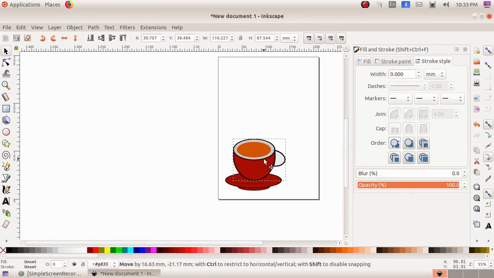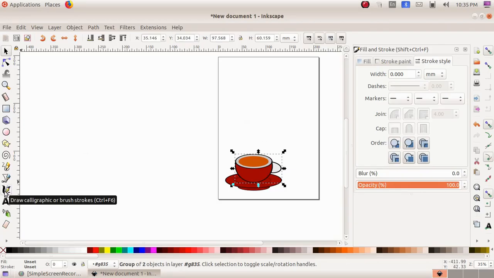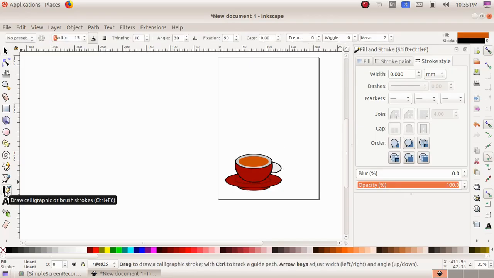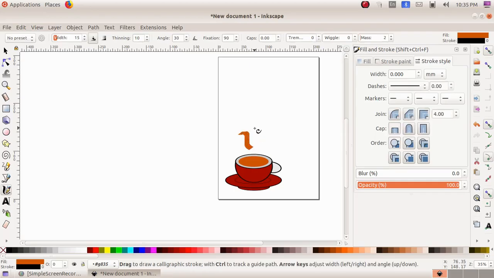So now I am placing this cup here. If you feel that you have to decrease the size of the cup, you can decrease it by clicking on any of the arrows. Now I have to give a steam to my coffee. So for that I am choosing this tool, draw calligraphic or brush strokes. Then I am drawing a shape like this.